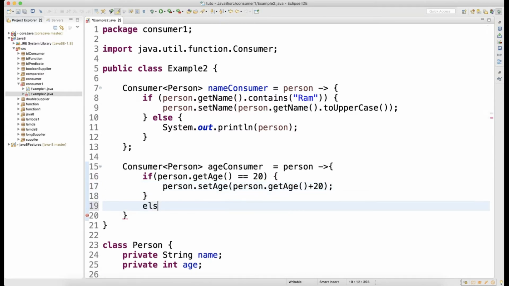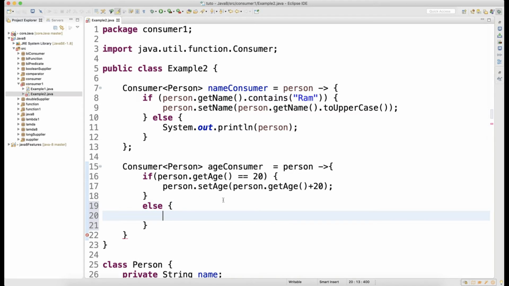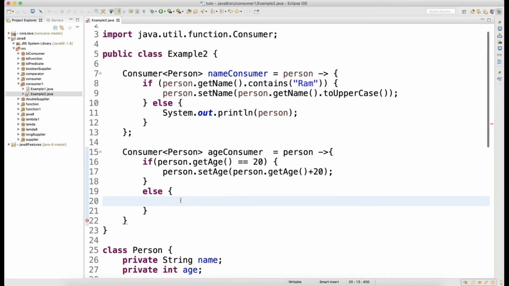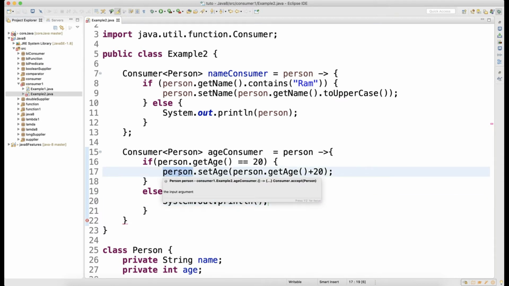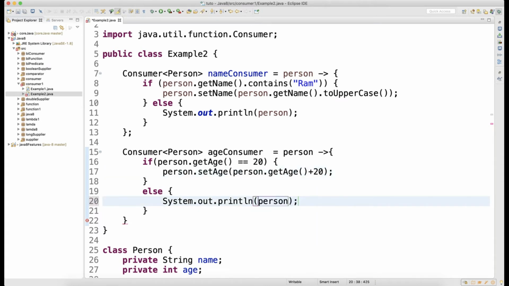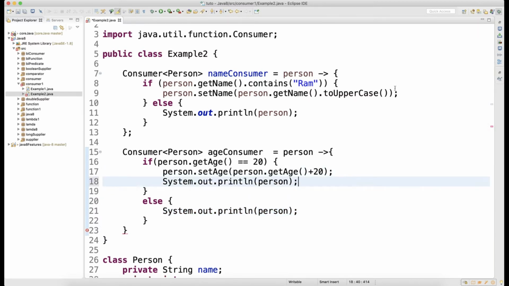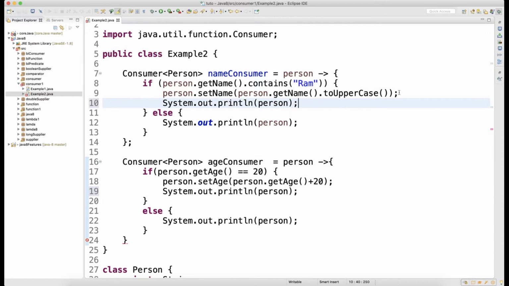Else, just print the person object, and since we are overriding toString, the toString data will get called. Again, guys, here also print this. After setting that, print that, so that you will see how the object is getting changed.